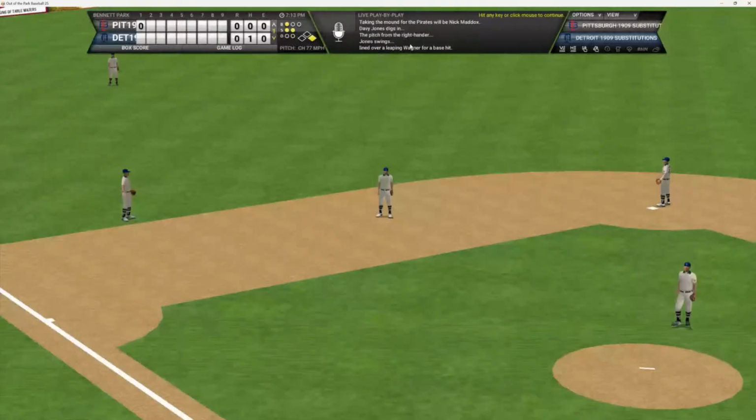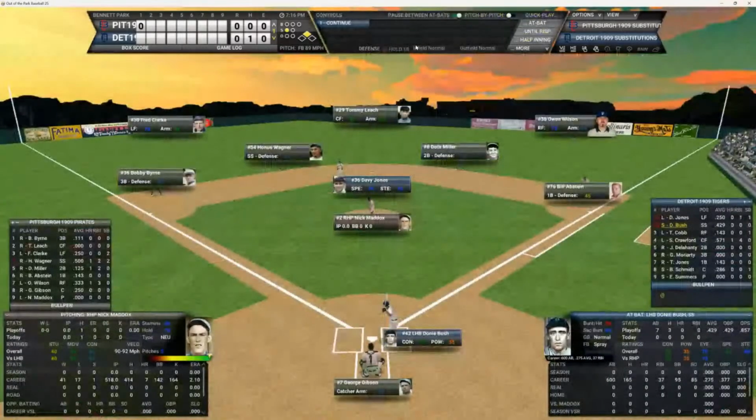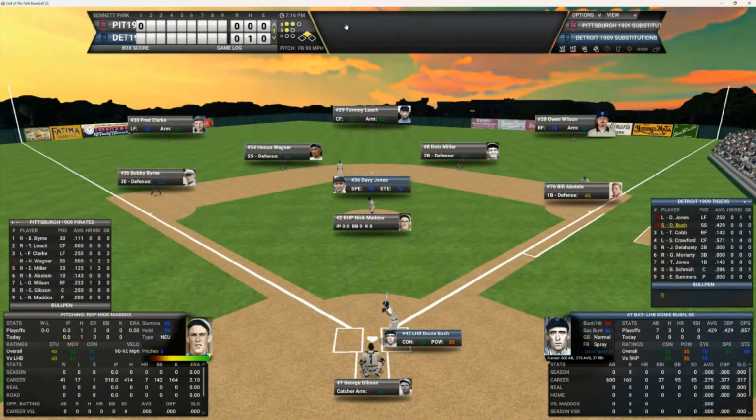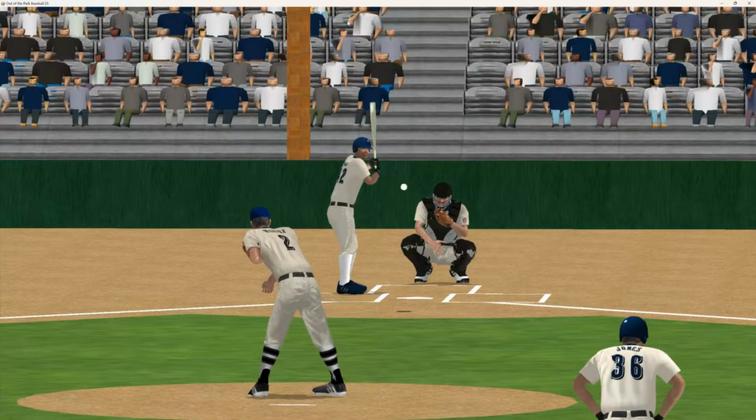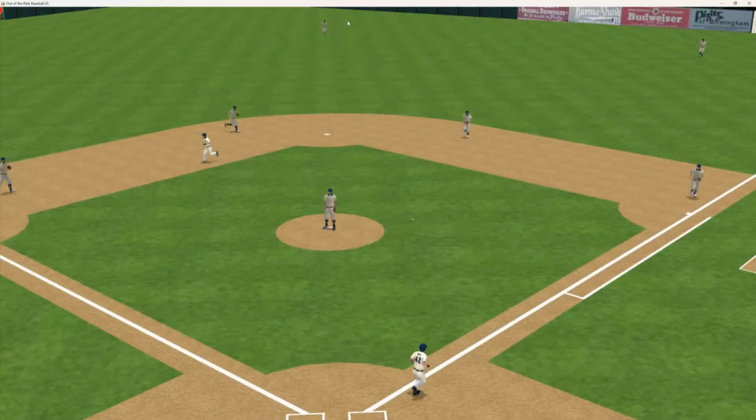And that'll bring up Donie Bush, having a heck of a good start to this series. And here's the pitch. Will Davy stay put at first or not? That ball is in there for a strike with no throw. So you've got a runner in scoring position already with nobody out. For Bush, here's the 2-1 count to him. And that ball is going to be grounded down to second. That'll get the runner over to third.